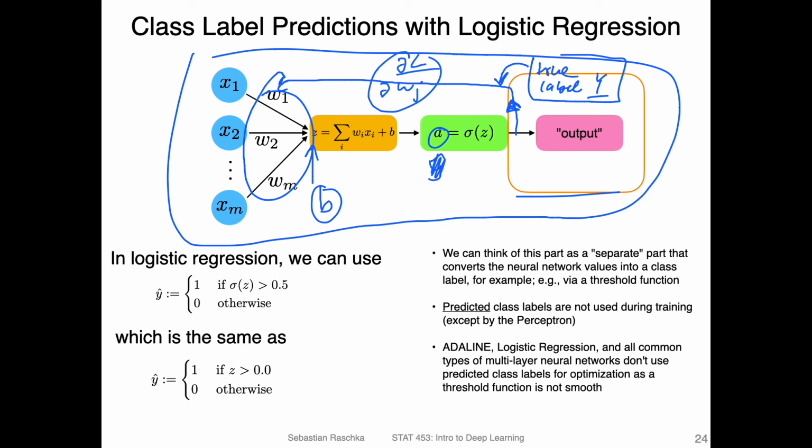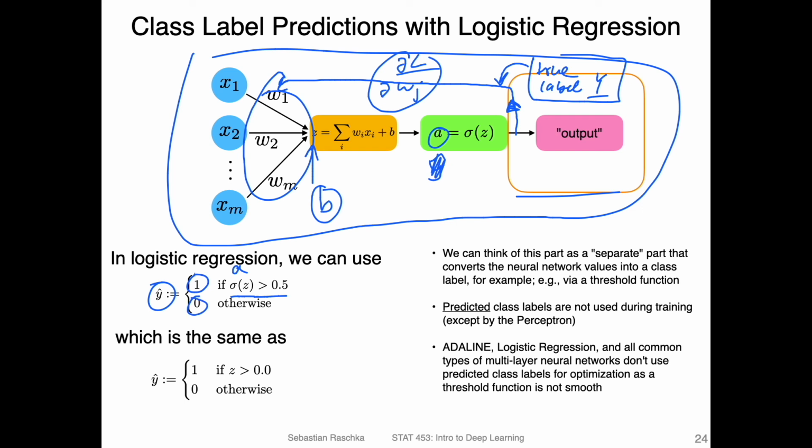For that, we can use a threshold function similar to Adeline. So in logistic regression, we can use the following threshold function to compute the real y hat. I should maybe have been more consistent and said y hat is the predicted class label and A is the class membership probability. I will be more careful of that when I write the code for the next video. Anyways, with this threshold function, if the probability, so this is A, is greater than 0.5, then return class label 1, and otherwise return class label 0.